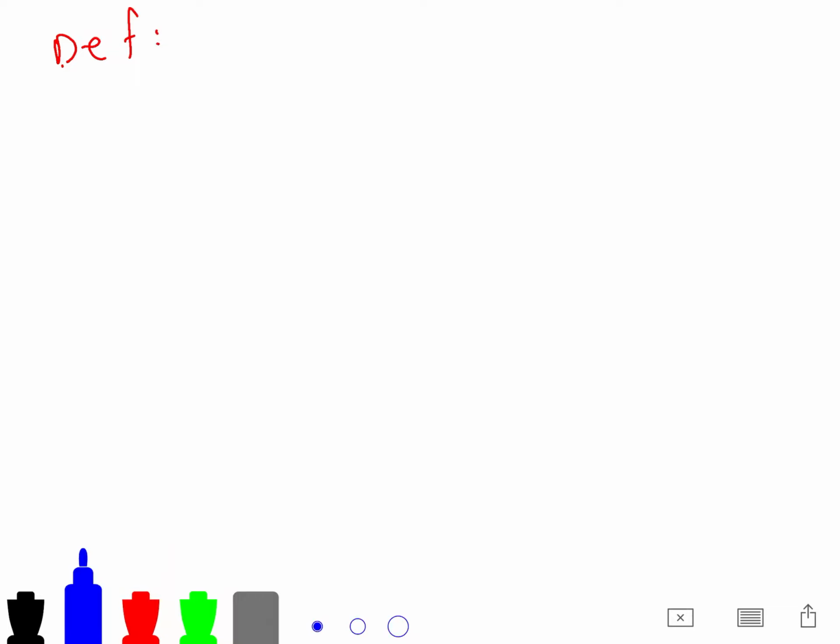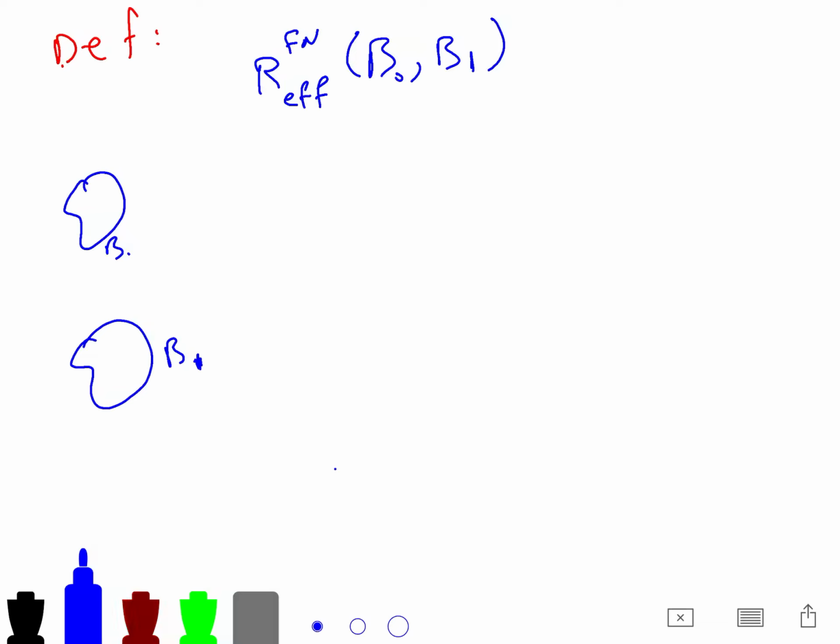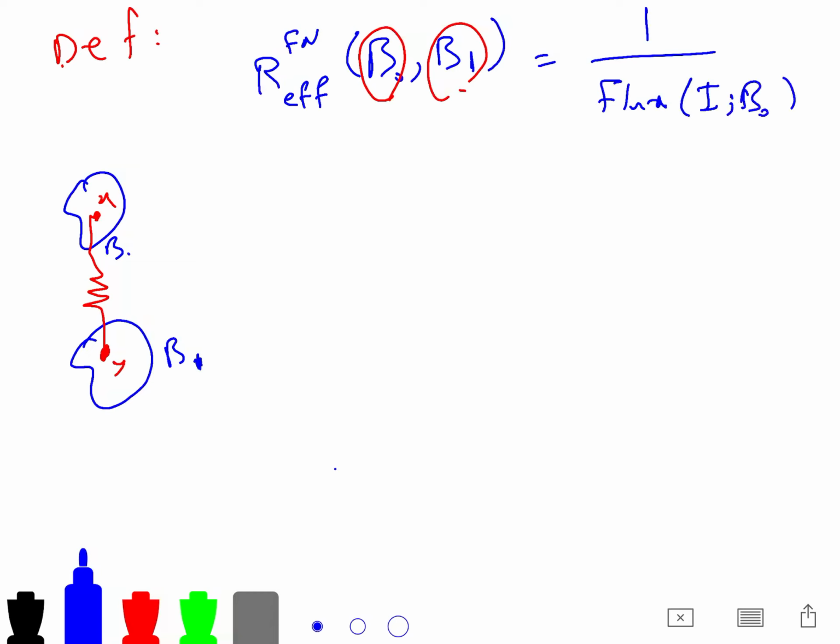So a definition: we generalize the finite network effective resistance between B0 and B1 to be R of B0 and B1. You have seen that we defined two lectures before that the effective resistance between any two nodes is R of, for example, x and y. But instead of two points, two atoms, we have two sets. So it's a more general version of that. So the effective resistance of that is by definition, if you have this definition, then it will be a good generalization of that. And this is just the current flow from B0 to B1. And you know the potential of